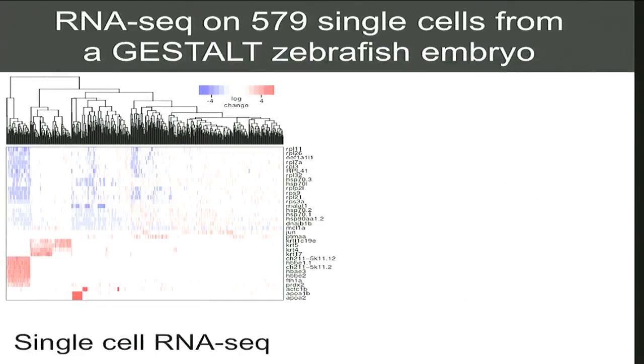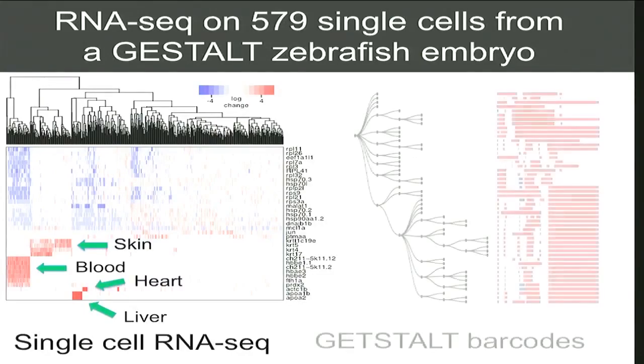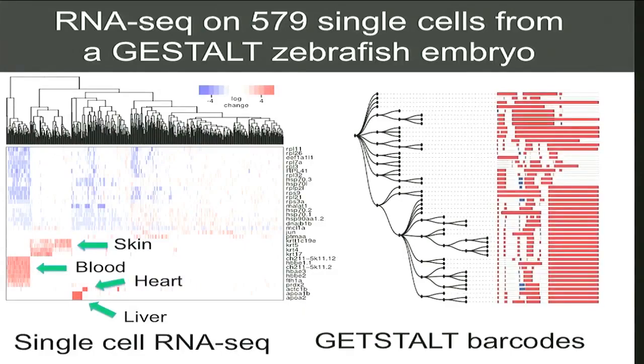So this is a single-cell RNA-seq data set of about 600 cells from one of the GESTALT zebrafish embryos. And so you see these clusters. We can break these down into different cell types based on markers that are overrepresented. And then in a proportion of these cells, we're also getting the lineage barcode. And so we can also reconstruct a GESTALT-like history and then map what cells we're seeing over here to the